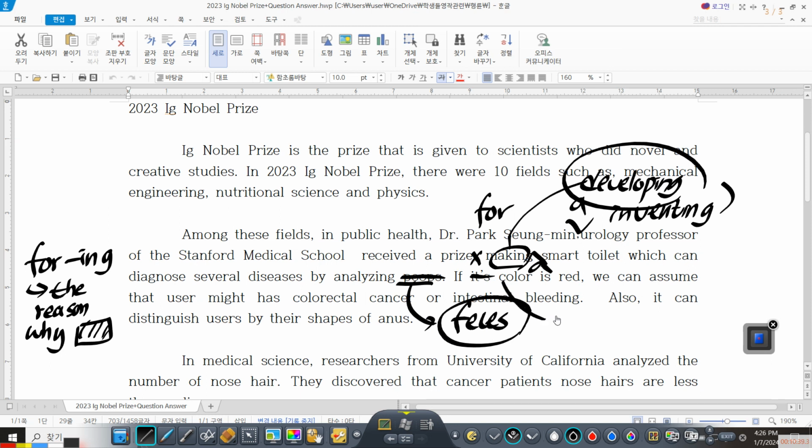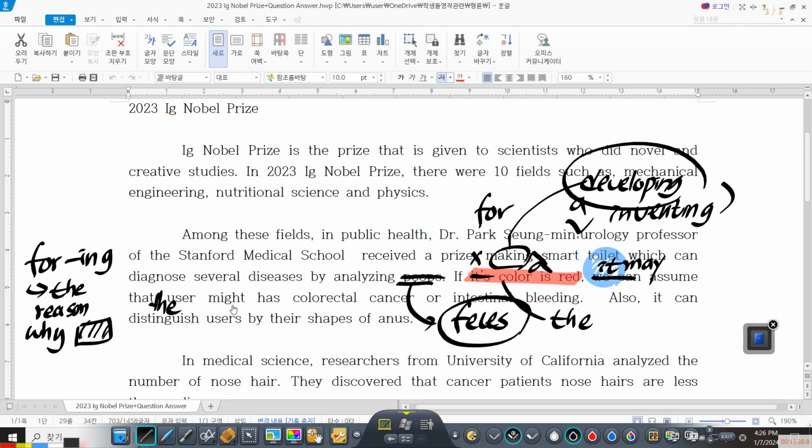If its color, or just the color, if the color, that's enough. If the color of the feces, if the color is red, it may assume. Here the pronoun it represents the previous sentence right here. Obviously, that's a subordinate sentence. If the color is red, like if the state of the feces, from a medical perspective, there is something wrong with this. Okay, with the person who emitted that feces, it may assume that the user, okay,